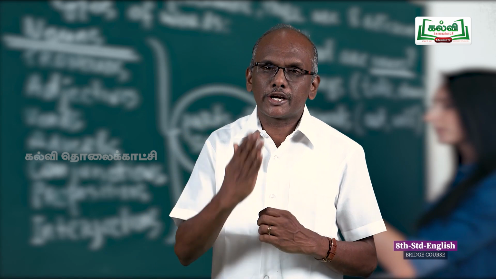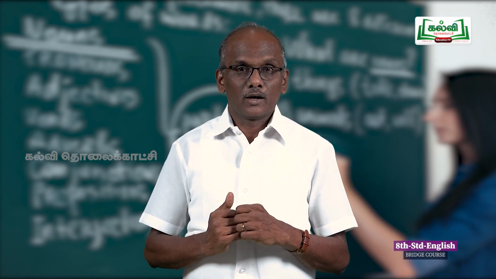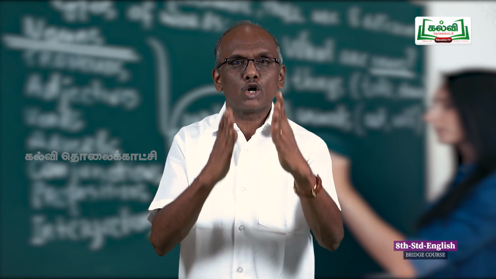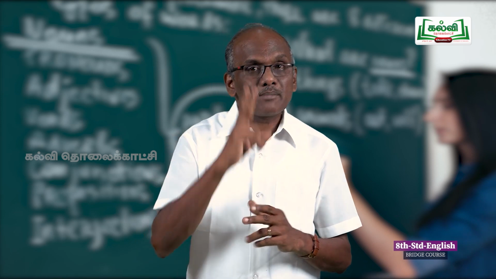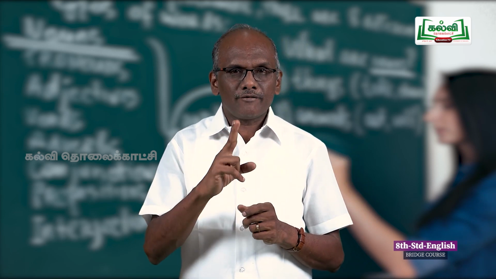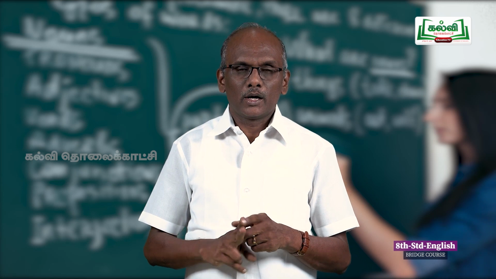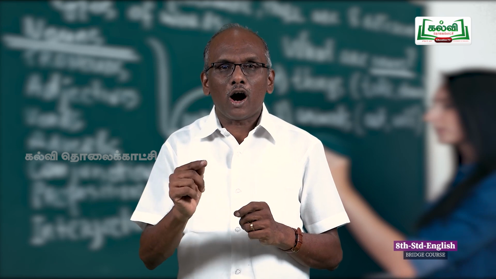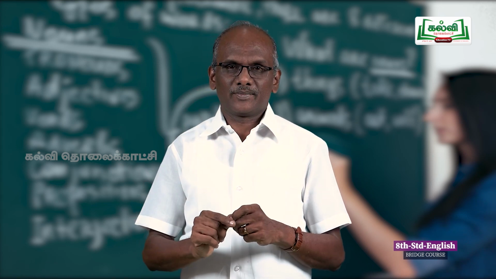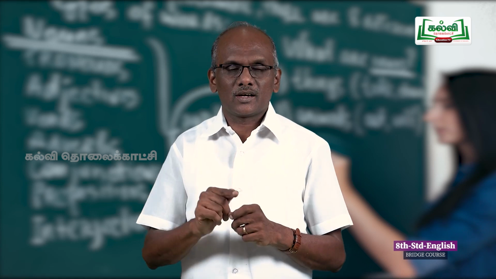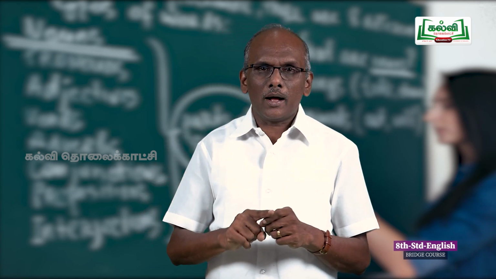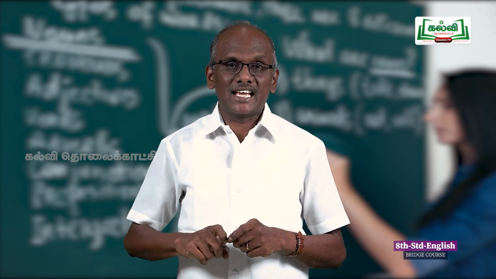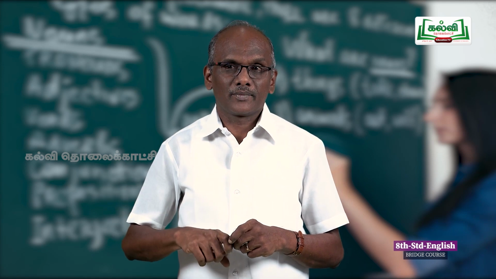Next sentence, Sheena goes to school regularly. First, locate the verb. What is the verb here? "Goes." This is the main verb. This main verb can be divided: "does" plus "go." And you add "not" to the verb "does." You get "doesn't." Instead of Sheena, you can use the pronoun "she." Now the question tag is, "doesn't she?"